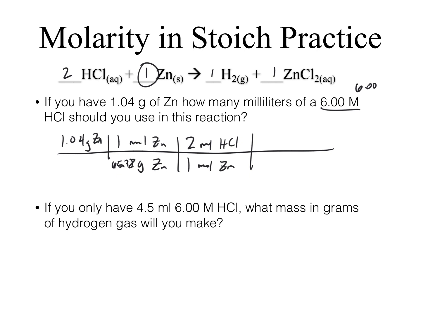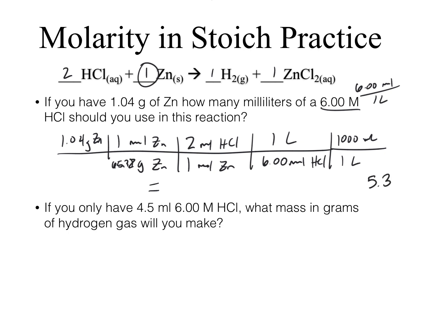Remember, this is 6.00 moles per 1 liter, and I'm going to put the 6.00 moles on the bottom and 1 liter on top. And then I'm going to do one more conversion where 1 liter is equal to 1,000 milliliters. Now you could do this in a conversion step, or you could just solve for liters and then move the decimal point at the end. Either way works for me. So once I calculate this out, I got the final answer of 5.30